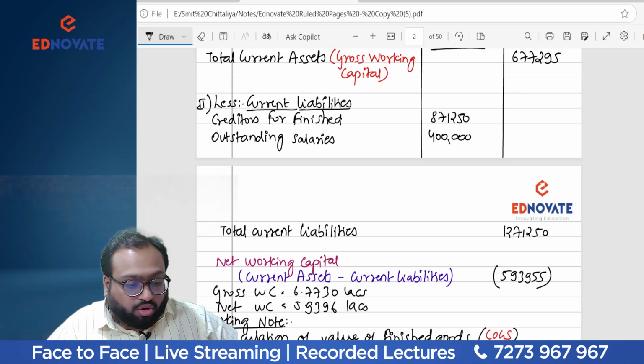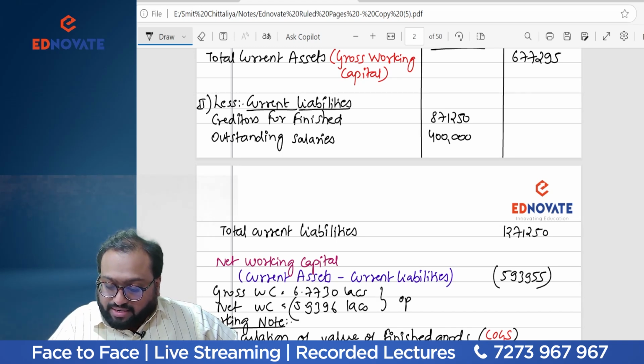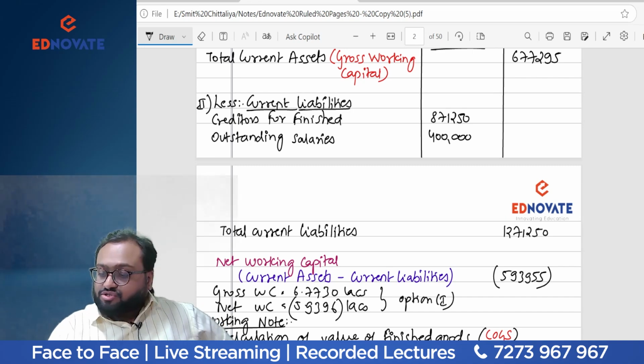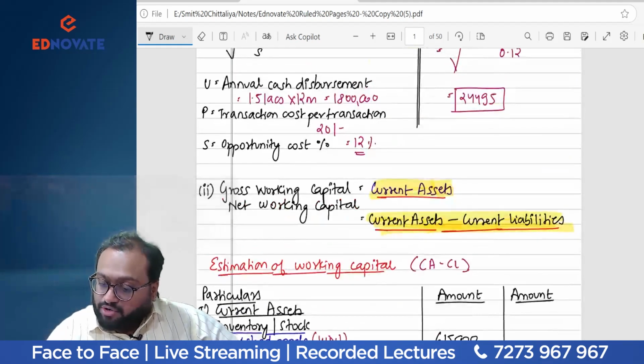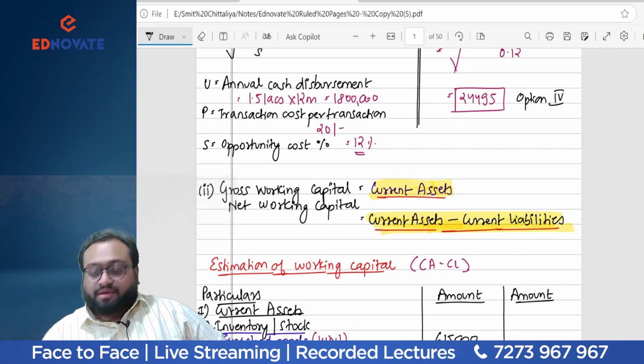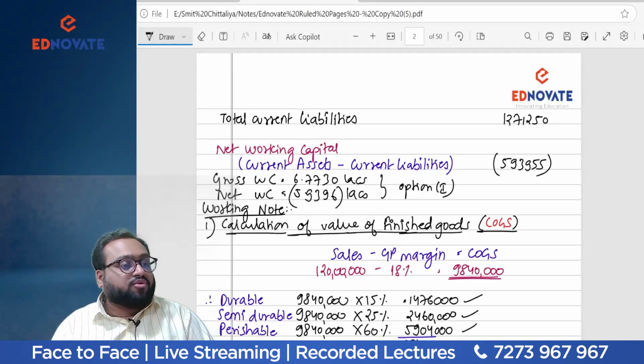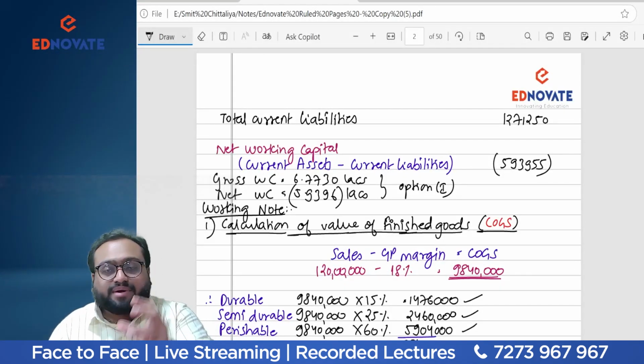And if I'm not wrong, option 1 is correct. Option 1 has the right answer. The negative working capital will be in brackets. Option 1 is the right answer. In case of minimum cash balance, I had the right option as option 4. Am I right? Here my option 1 is correct. And see how simply and easily we have calculated such a big problem in a small space.